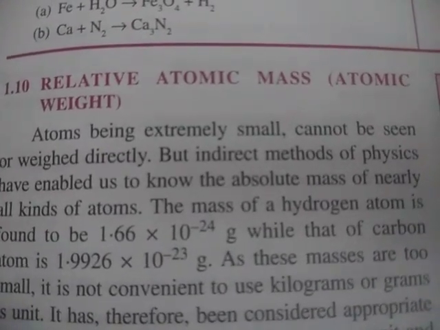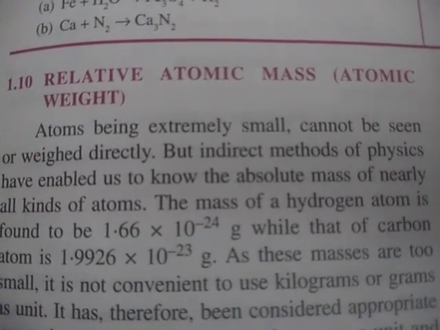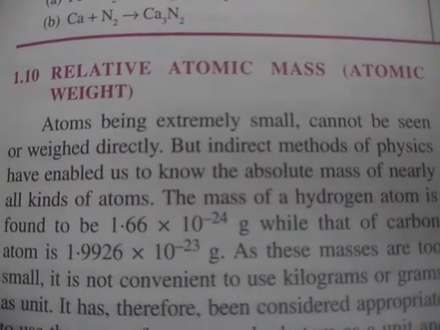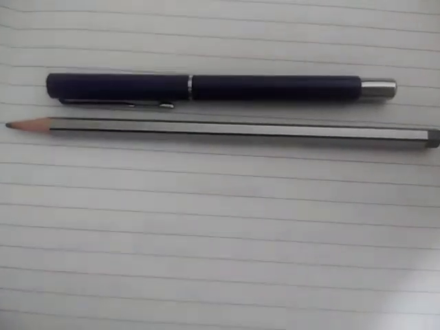Let me give you an example of why this reference atom or relative atom is being taken here. Now students, on your screen there is a pencil. If I ask you whether it is a bigger one or a smaller one, you can't say. But if I put something like this, here our pen has become the relative species. Now I can say that the pencil is bigger than this pen.